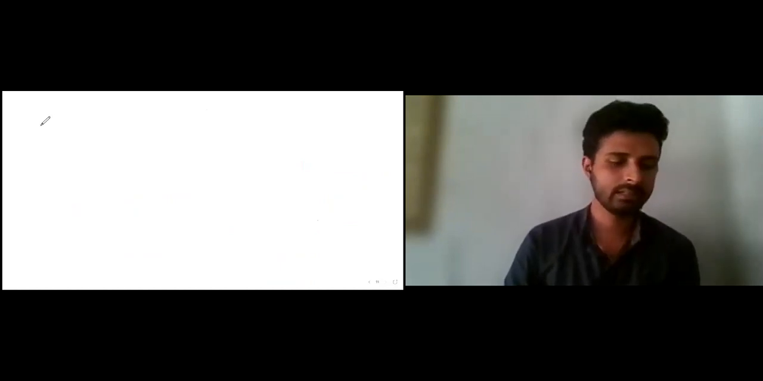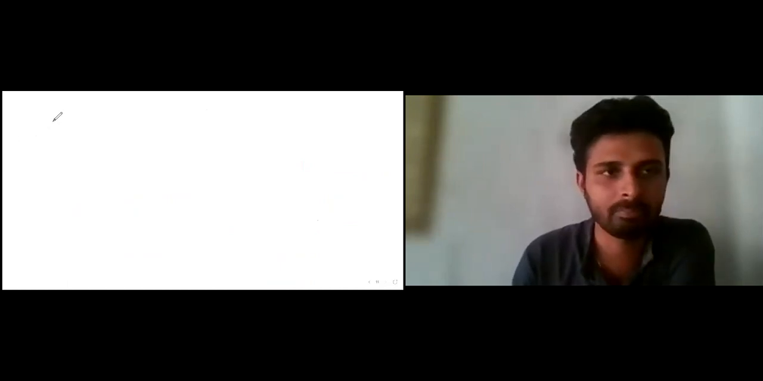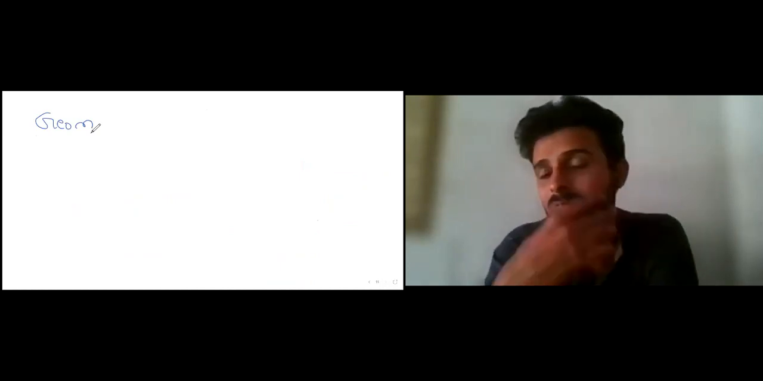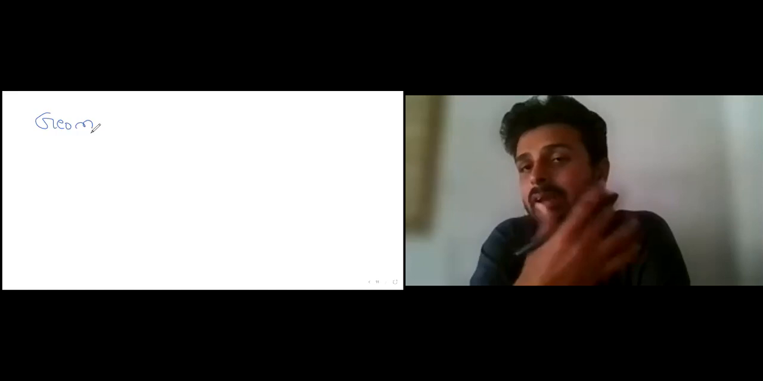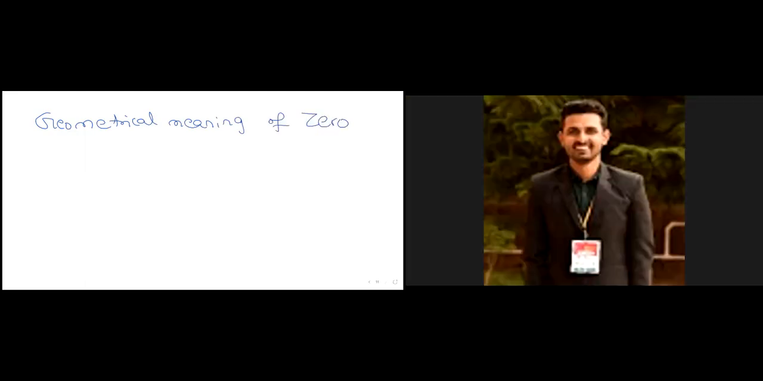Next is the geometrical meaning of zeros of a polynomial. How can we geometrically interpret this? That is, we can interpret it using the graph. Okay,